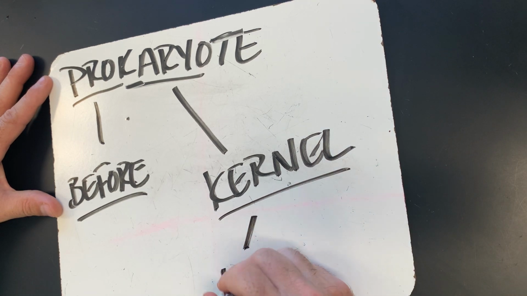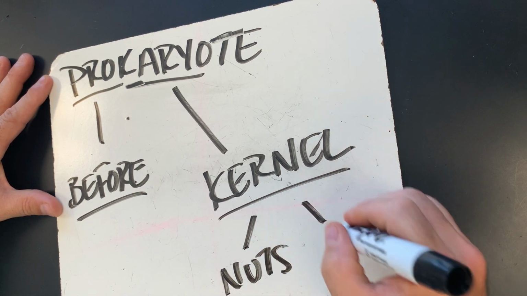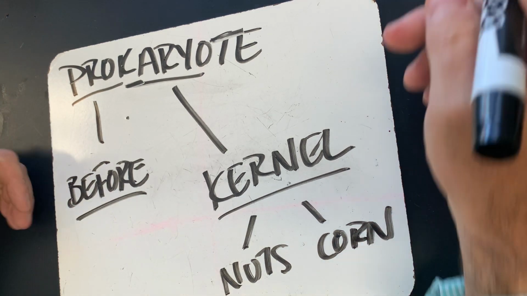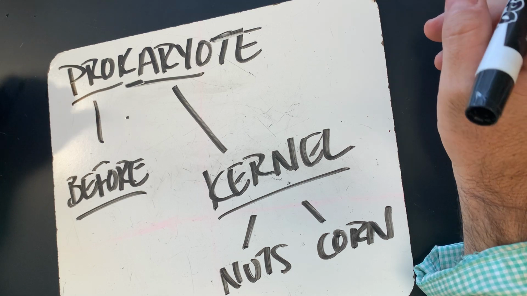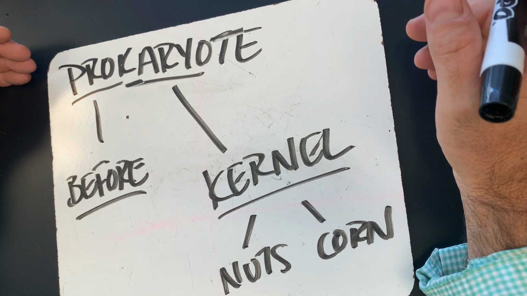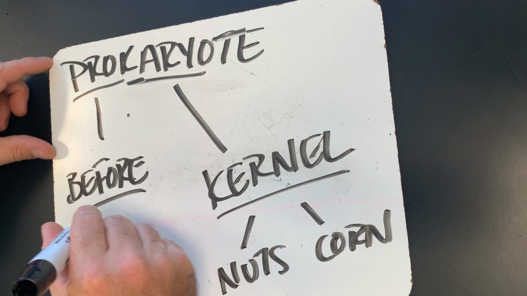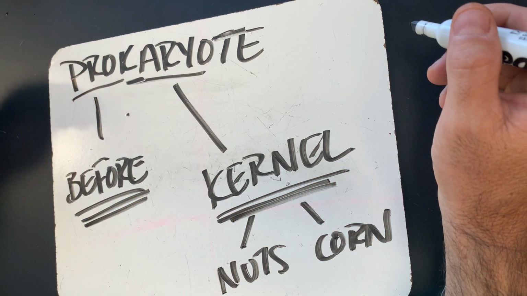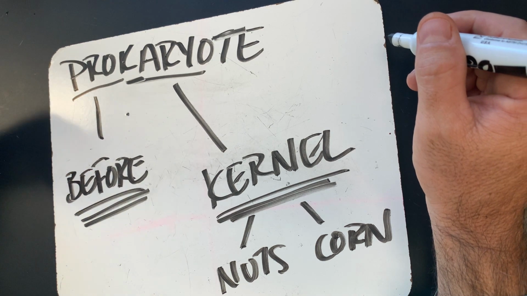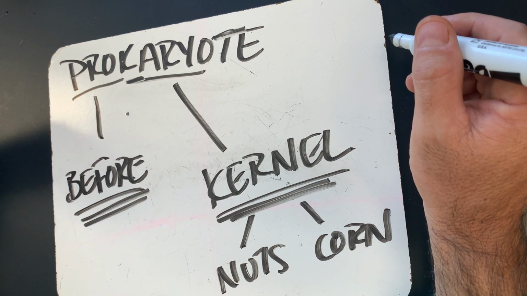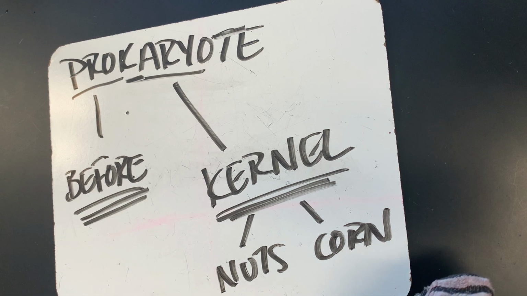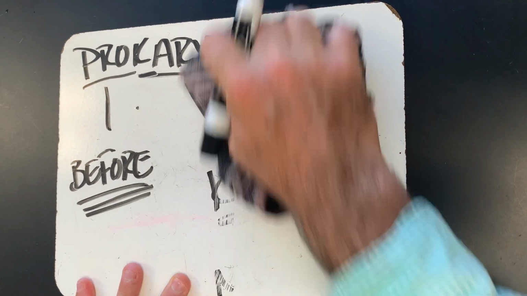You can think of some things that come in kernels: nuts, a kernel of corn. When scientists first discovered these cells, they had already discovered another type of cell we're going to talk about in a moment called a eukaryote, but they said, these are really small little things. These are cells that don't have a kernel, and in this case the kernel was a nucleus. A nucleus looks kind of like a kernel. They didn't know what it was. You have to understand, this happened a very long time ago.